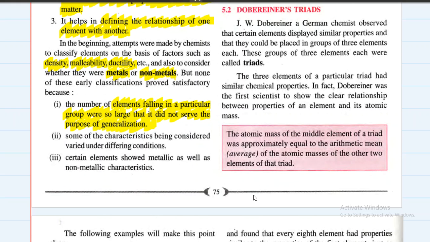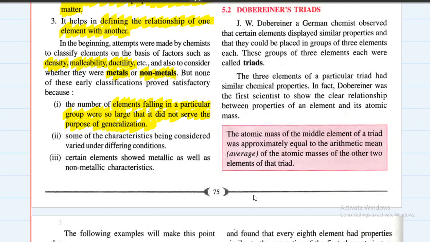There were some elements which were metals but fell into the category of non-metals, like mercury, which was liquid at room temperature. Now generally all metals are solids at room temperature. Mercury is liquid, so mercury fell into the category of non-metals because non-metals are mostly liquids and gases. Some are solids, some are liquids, some are gases. But metals are usually solids. So mercury was an exception. Due to these exceptions, that generalization